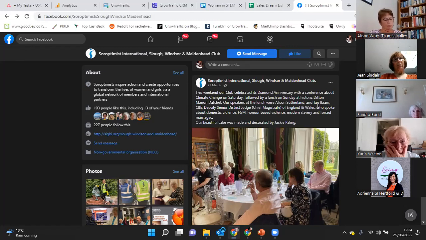Potentially, you could have tagged them in the post, because how that helps is, if we're thinking about using it like your networking platform, by tagging those people in as opposed to just mentioning them, it then appears on their profile, so their contacts will see it, and they can then engage with it, share it. So essentially it helps your post get out to a wider audience, because at the moment that post will only be seen by people who have liked this page.